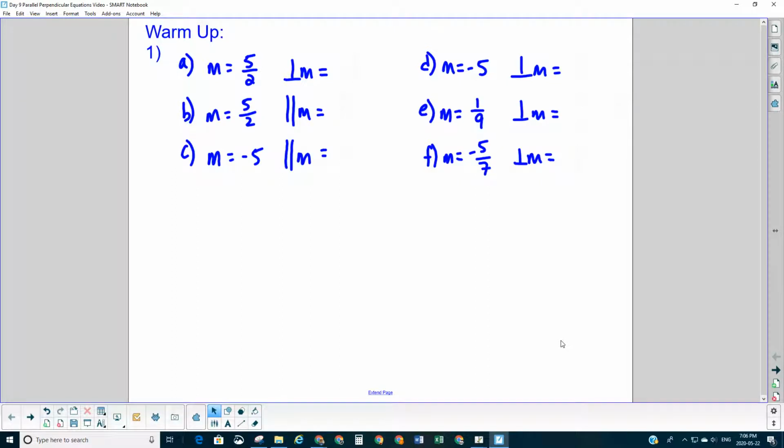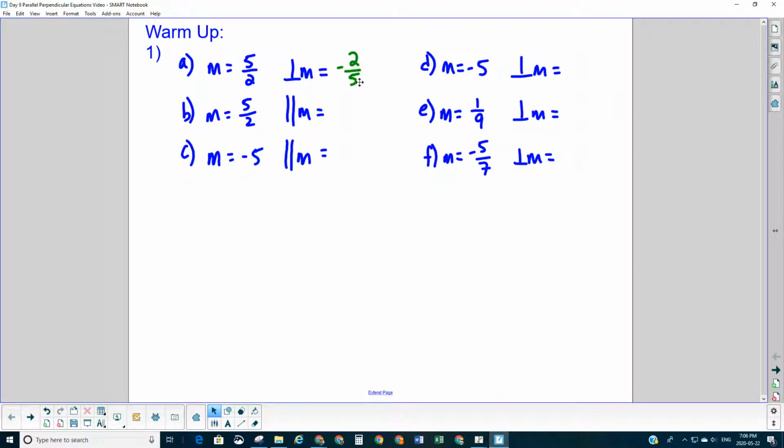Before we get to our lesson today, we're just going to do a quick little warm-up reminder of what we learned in our last lesson about parallel and perpendicular slopes. So if I have a slope of 5 over 2 and I wanted to get a slope that was perpendicular to this, remember the perpendicular will be a negative reciprocal. So if the slope was 5 over 2, the reciprocal would be 2 over 5. And since this is positive, the negative one would be going the opposite direction in the perpendicular direction of